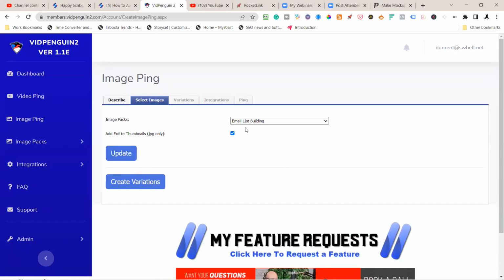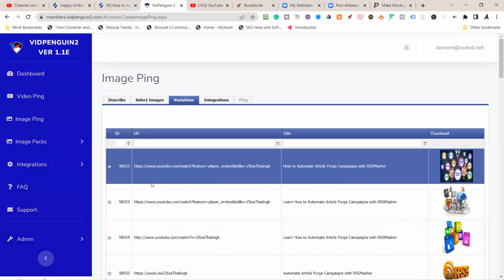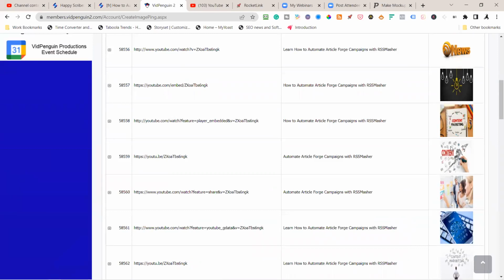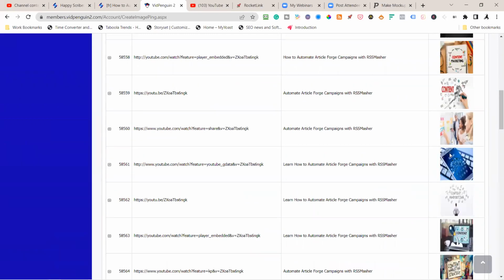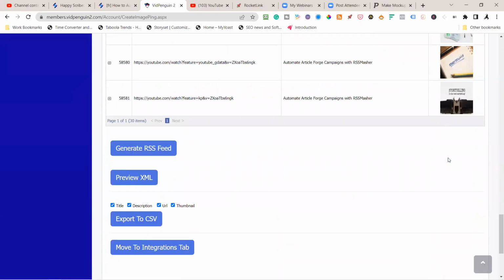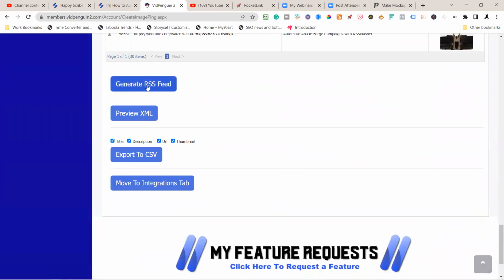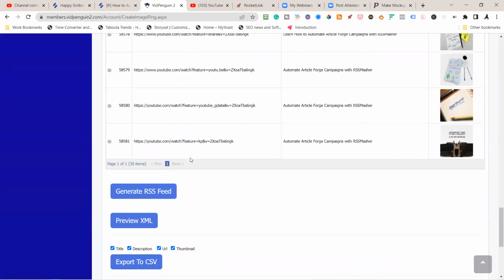It's going to replace the original thumbnail with this image pack. Okay. Create variations. Okay. You see all these different images are going to be pinged into the image pinger. Okay. Now you can generate an RSS feed at this time if you want to do that,